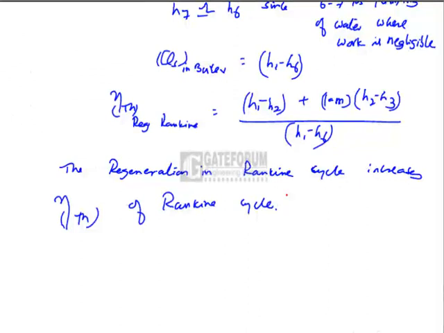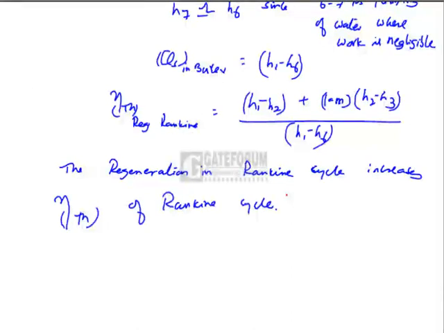In fact, there may be a slight decrease in work output because after steam is bled from the turbine, the work done per kg of steam might reduce slightly. But this is not a problem because there is a much greater decrease in the external heat supplied in the boiler. Because